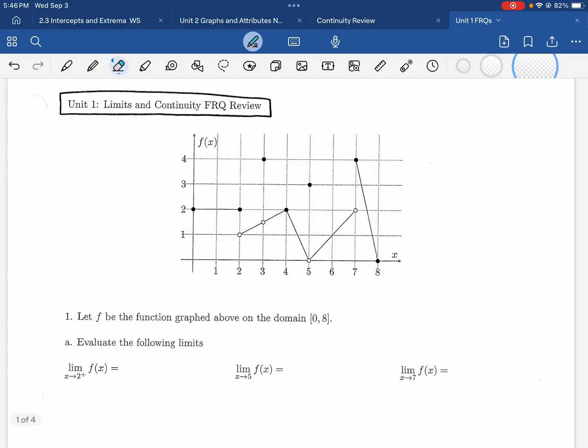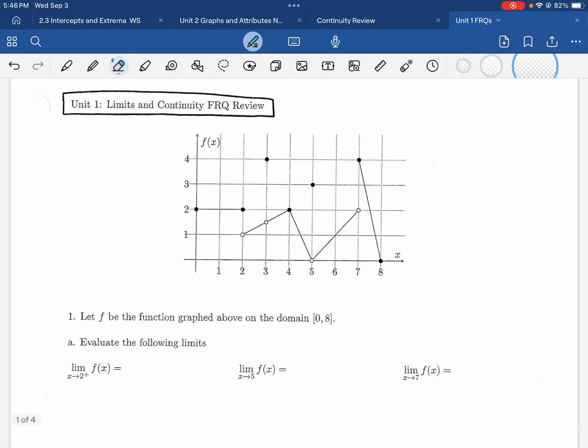On these FRQs, the first question here, I have a graph, and you are gonna have,